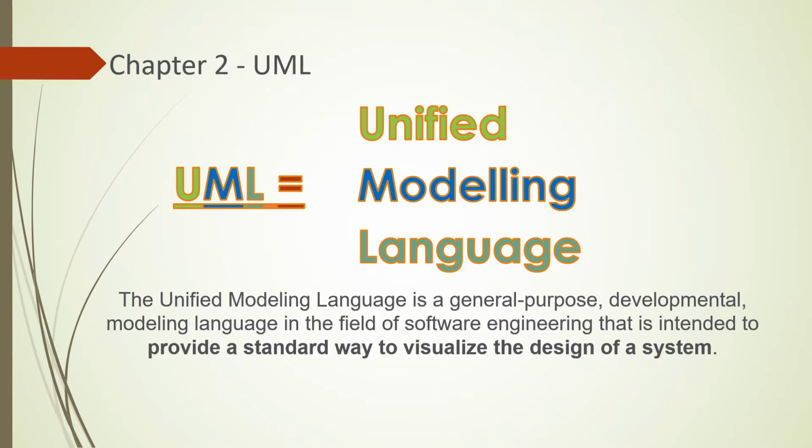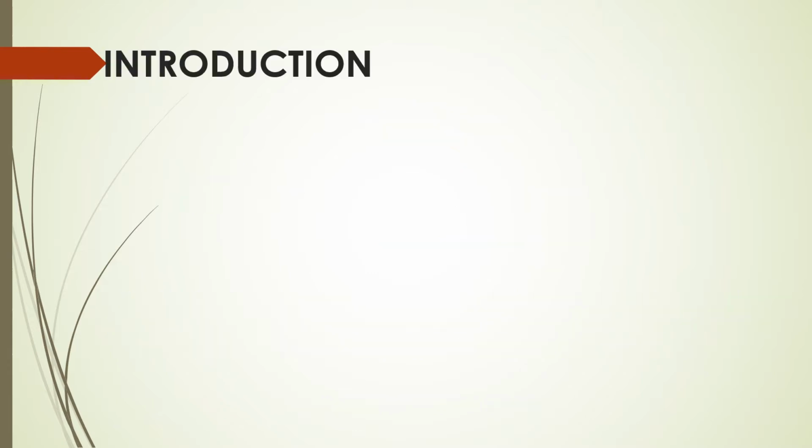The Unified Modeling Language is a general-purpose, developmental, and modeling language in the field of software engineering that is intended to provide a standard way to visualize the design of a system. It is a model or a visual language, or it was called a blueprint of a source code. To give you some background about UML,